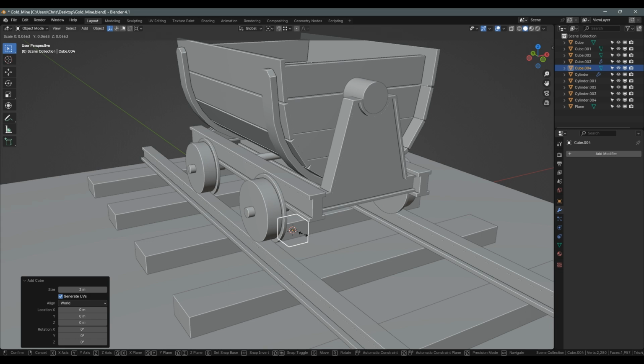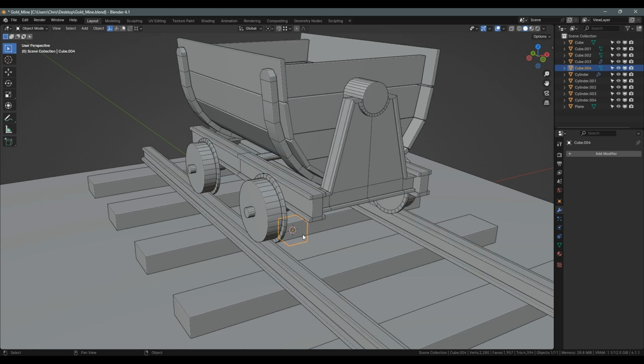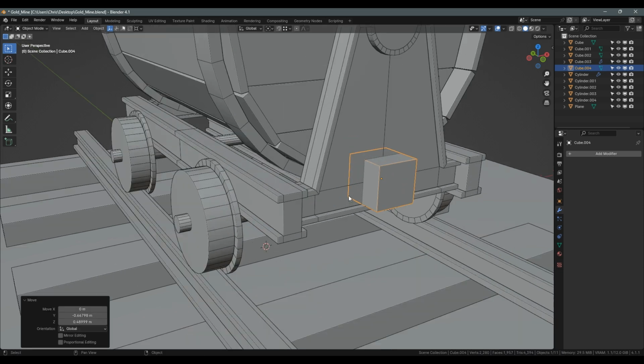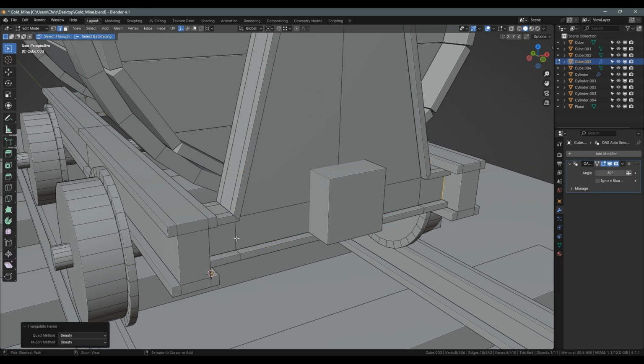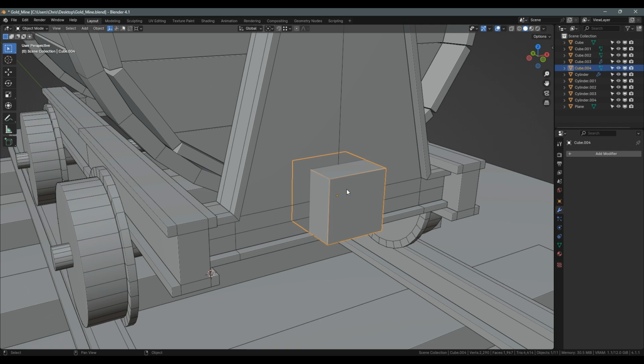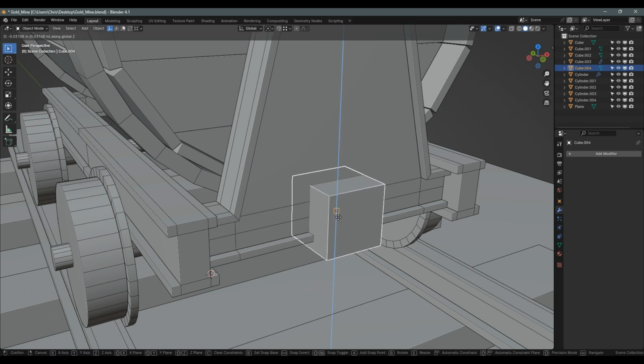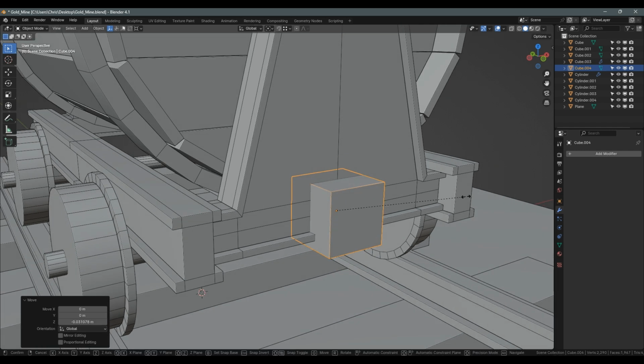Next, I want to create a sort of tow bar thing so that you could link multiple ones of these together. So I'm just going to add in a cube and snap it to this vert at the front. And I want to know where the midpoint of this is, so I'm just going to add in a temporary edge loop. So I'm going to snap that to that vert, scale it down on the z-axis,